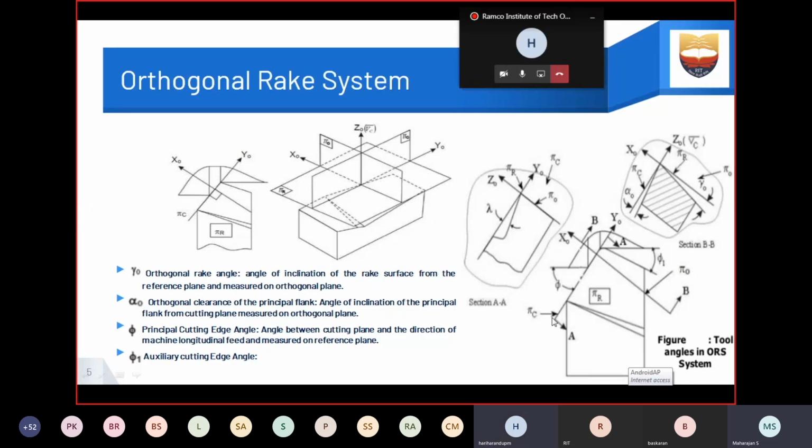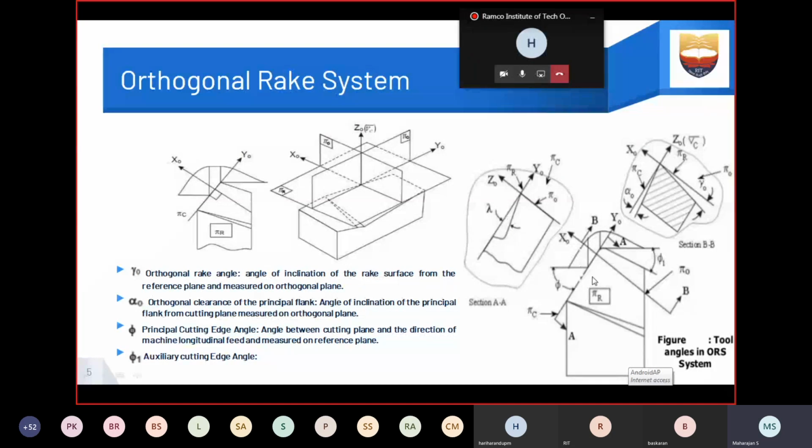And another one is the sectional plane AA, along the Y naught axis. If you cut using the sectional plane and see the sectional view, section AA, you can view the Z naught and Y naught axes. X naught you will not be able to see. So this edge is the rake face. This is Y naught, this line. So you can have the inclination angle. This lambda is the inclination angle, which is also the inclination rake angle.